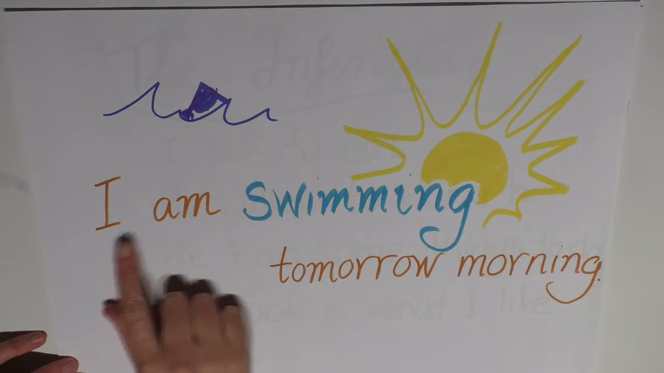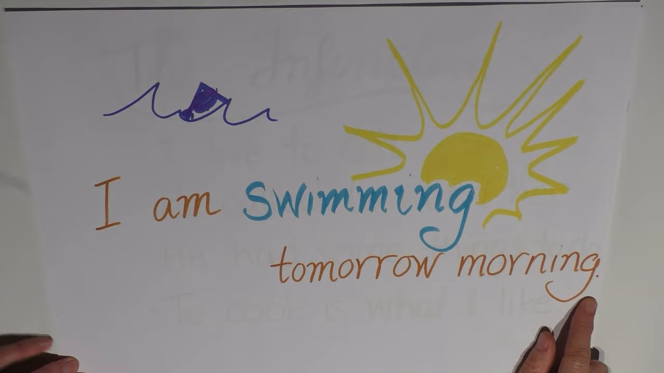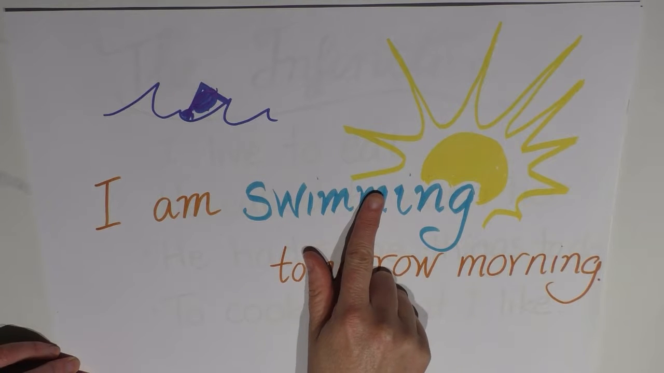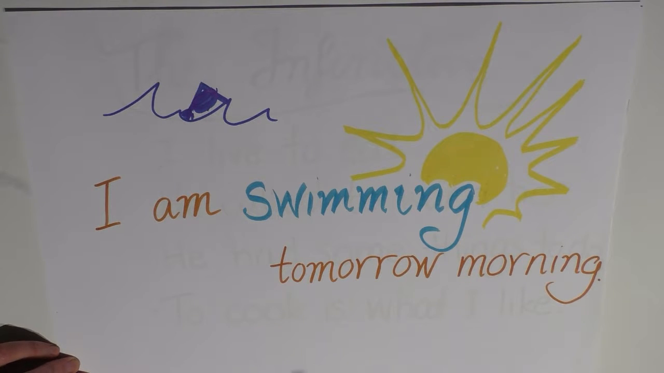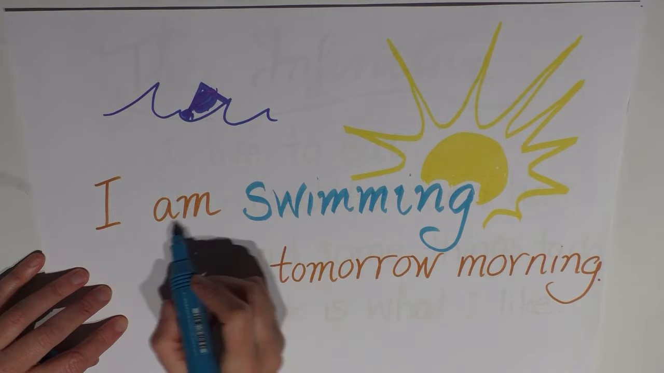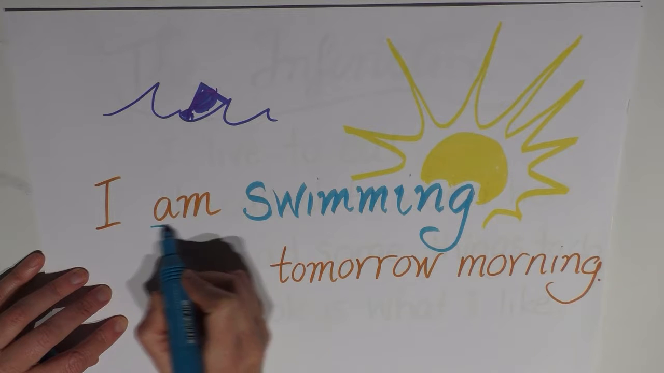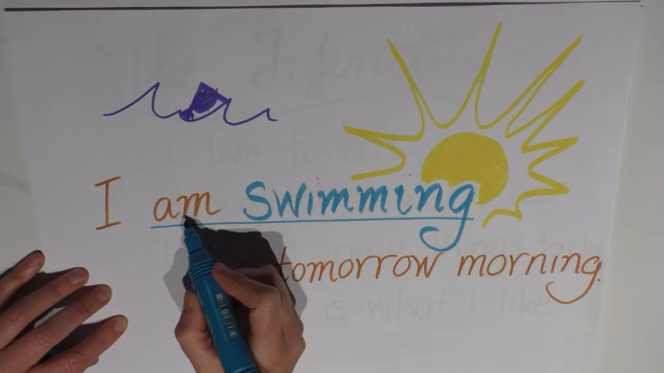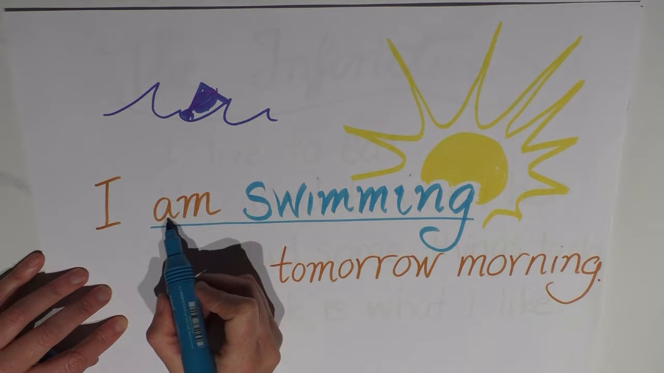Here's one here. I am swimming tomorrow morning. So how do I know that this swimming is in fact a verb and not a noun? Well, we need to first of all look at it and where it's sitting in the sentence. So semantically it means the same thing, but in this situation it is in fact the main verb of the sentence and it has an auxiliary verb before it. Now I know this is an auxiliary verb because it is one of